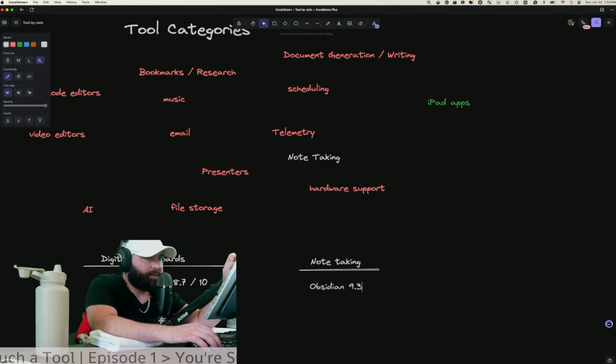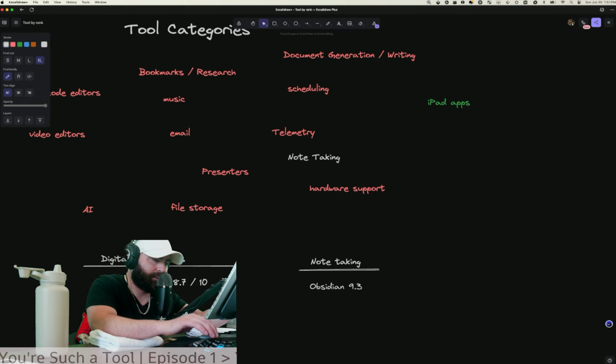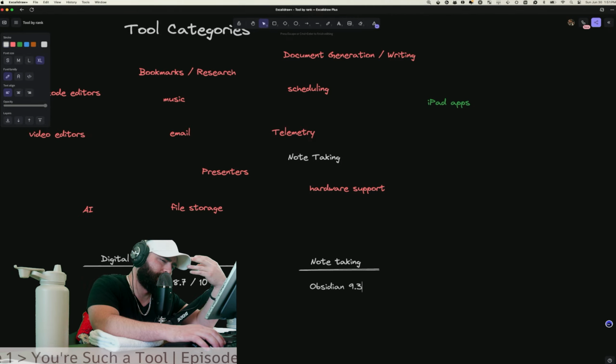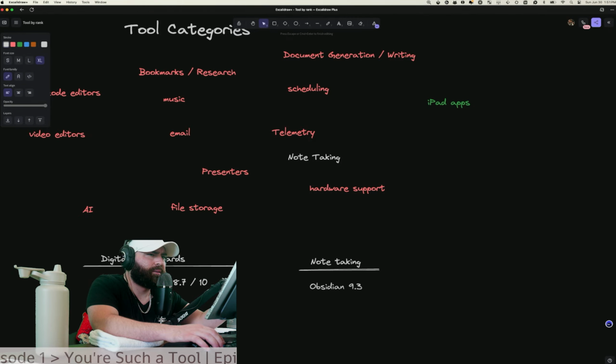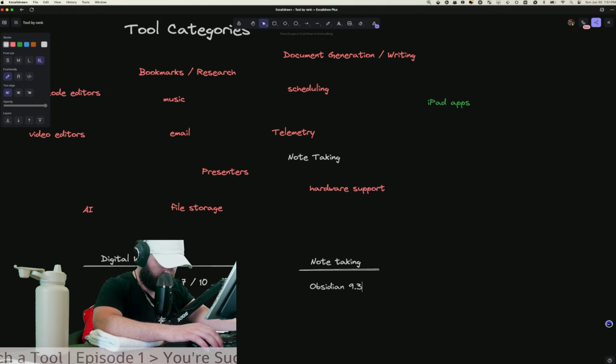And even if I wanted to still have cross-platform sync, my only sacrifice would be I can't use it on mobile, which I'm not gonna use it on anyway. If anything, I might look up something on my phone, but on my iPad, I really would. I got the big one, the 12.9 with the keyboard. I actually like to write. I like that keyboard. I like to write on the iPad. It's a good form factor for me. So yeah, 9.3. I'm gonna leave it at that.